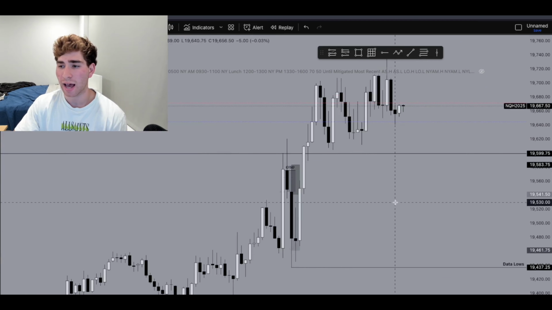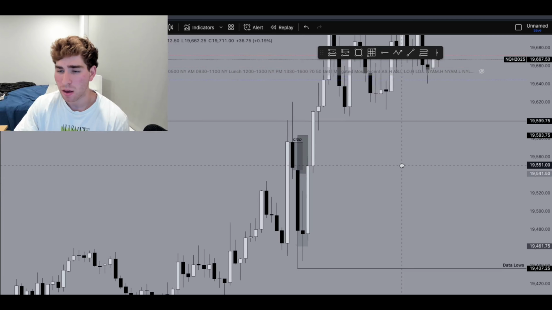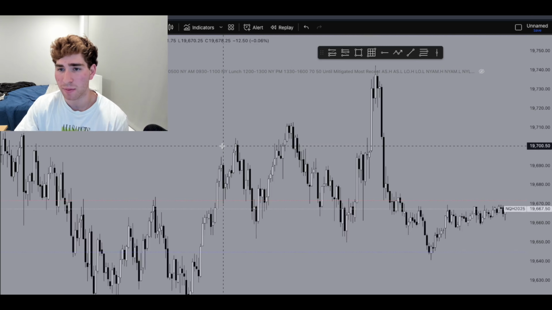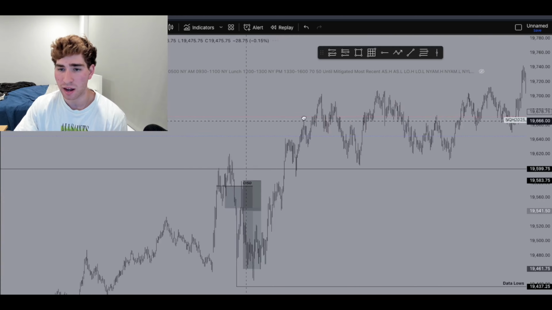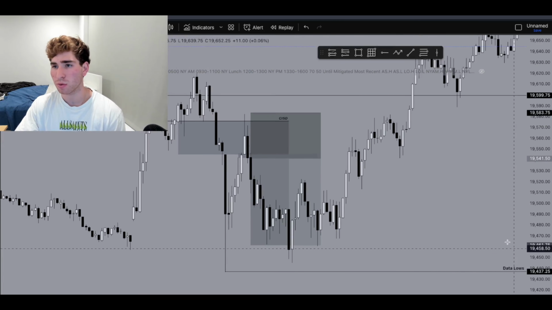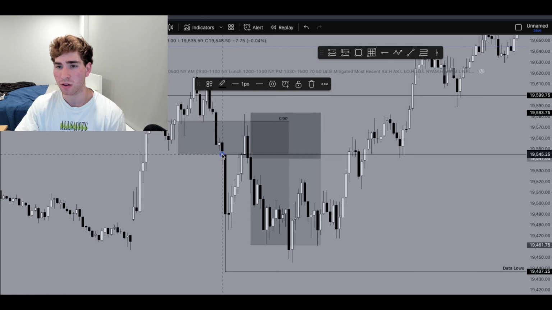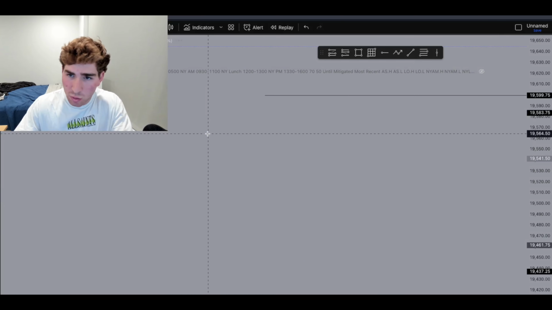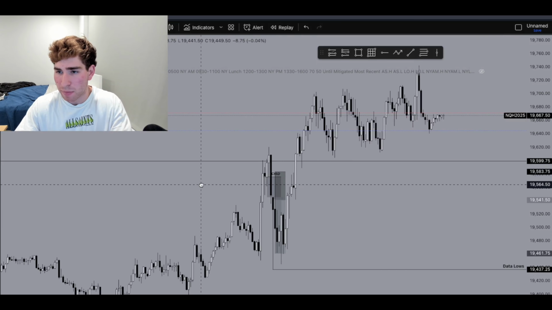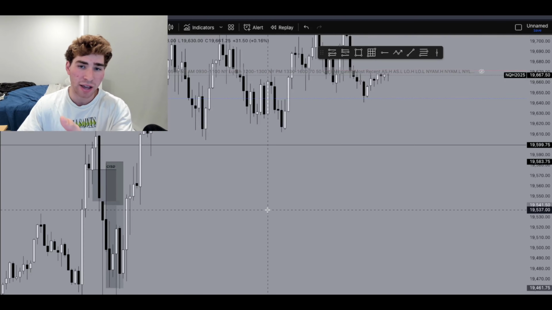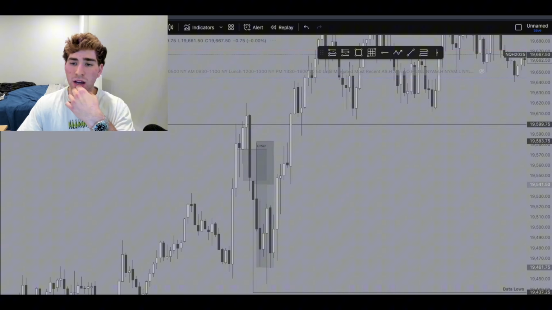So we did sweep data highs from the previous day, and then coming into the AM session, we did have 10 a.m. news. We had unemployment claims at 10 a.m. You guys can see here, this big candle. We ended up creating data highs right here and data lows. Price comes up, sweeps data highs. As we sweep data highs, you can see price creates a bearish 5-minute fair value gap and a bearish 5-minute CISD. If we hop down to the lower time frame on the 1 minute,